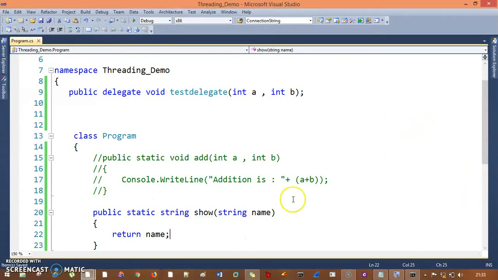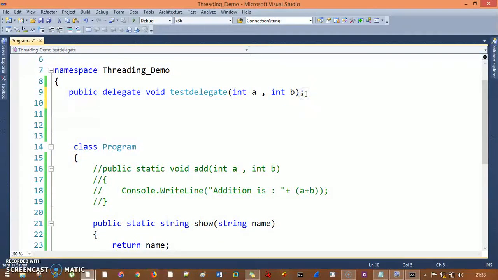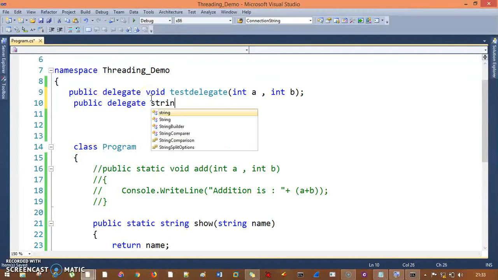I need to call this show method with the help of a delegate. So I need to create one delegate here, public delegate. Now I need to match the syntax. This show method has a return type of string, so I need to create my delegate with a string return type. I'll call it StrDelegate, string ShowMethod,